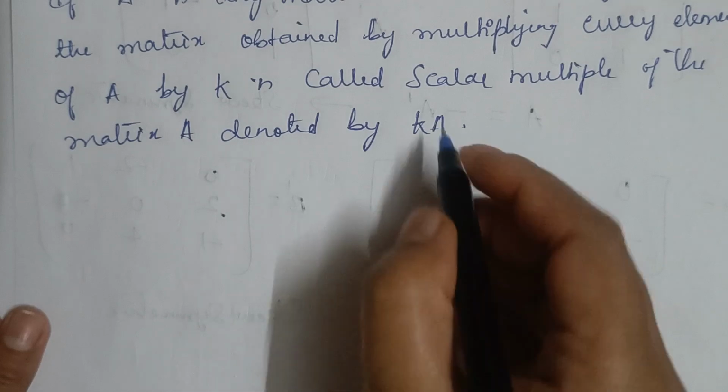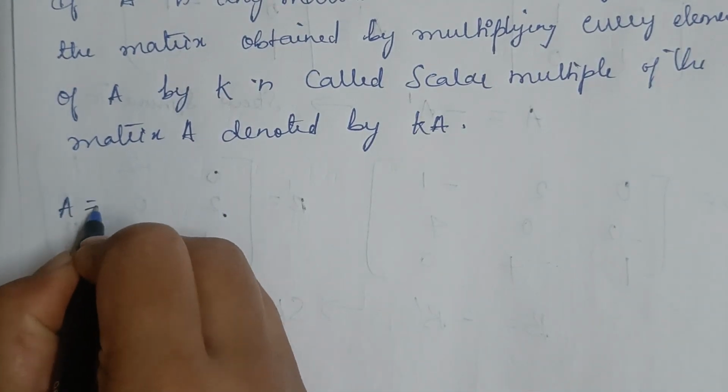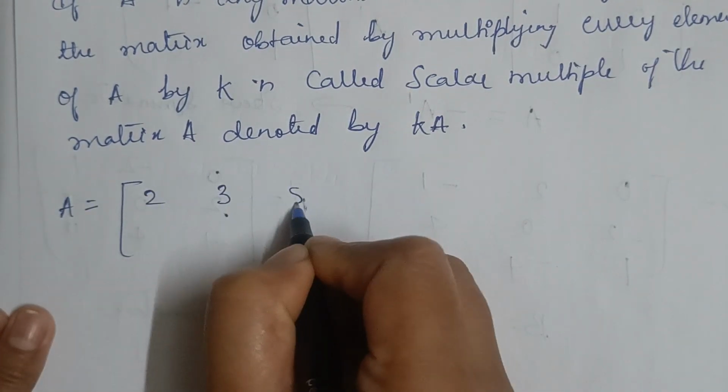For example, let me consider a matrix A equal to 2, 3, 5, minus 1,